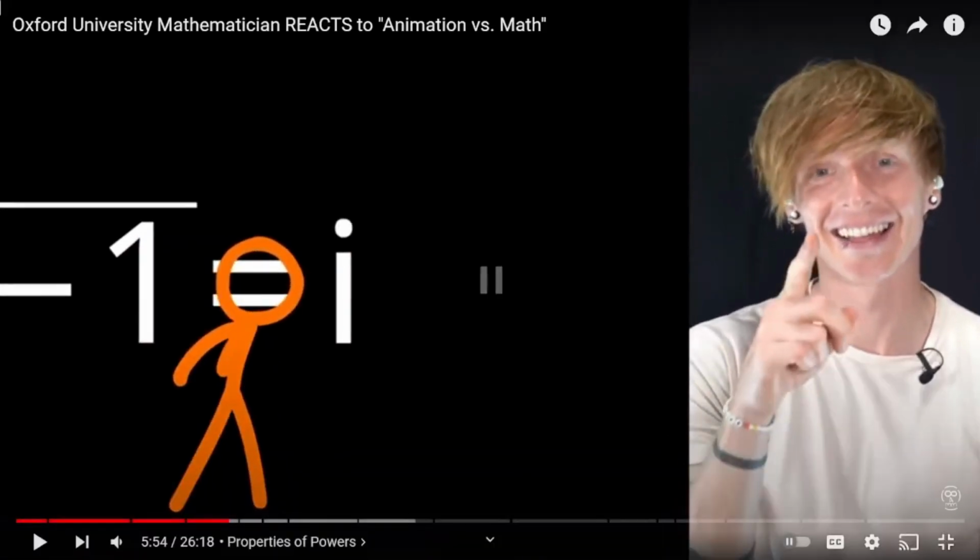Ah. We have i. So after e to the i pi appeared, after Euler's identity, a good 2 and a bit minutes later, we do now have square root of -1 is i. Okay, so we've got complex numbers. All right. Oh god, no.